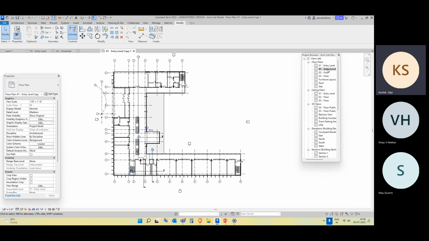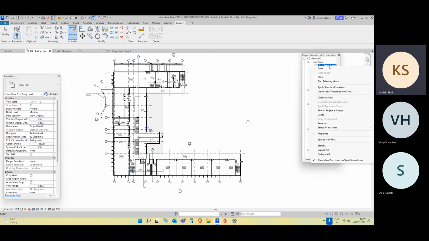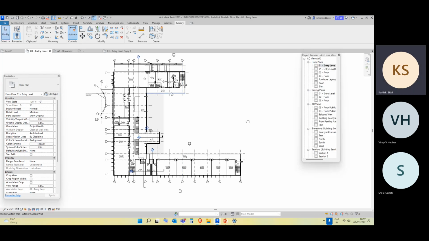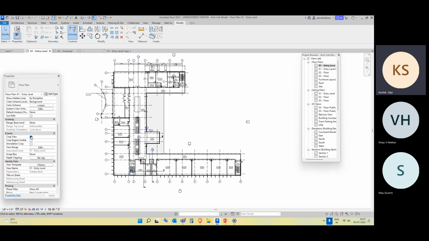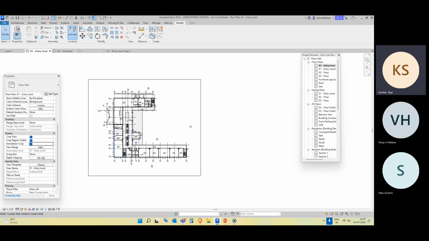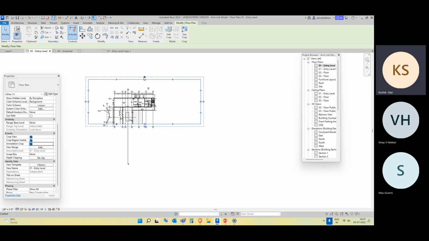Now, after duplicating, you can rename it entry plan or ground plan, first half or part one. Then if you scroll down over here, there is something called crop view. Annotation crop. If you check these items, you can variably control what is visible in this particular view, like this. So for example, if you restrict this plan like this,